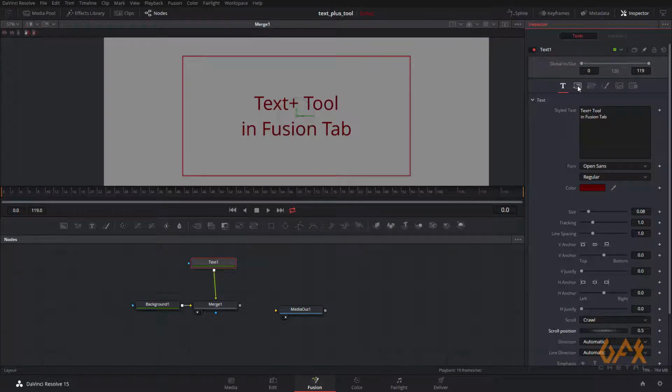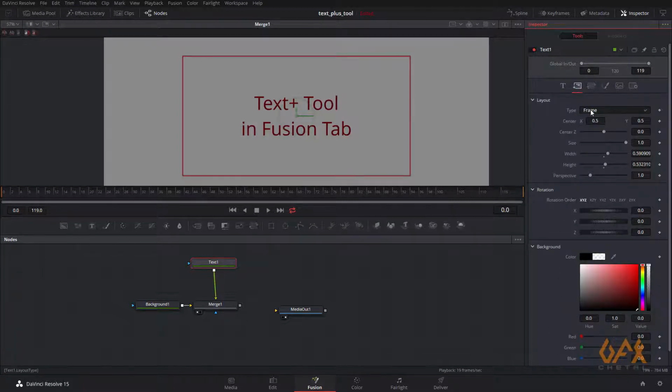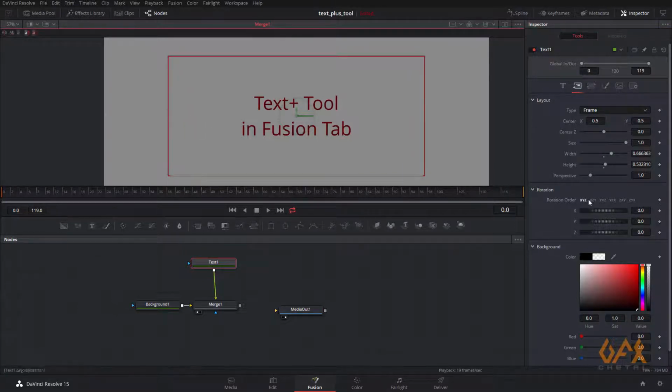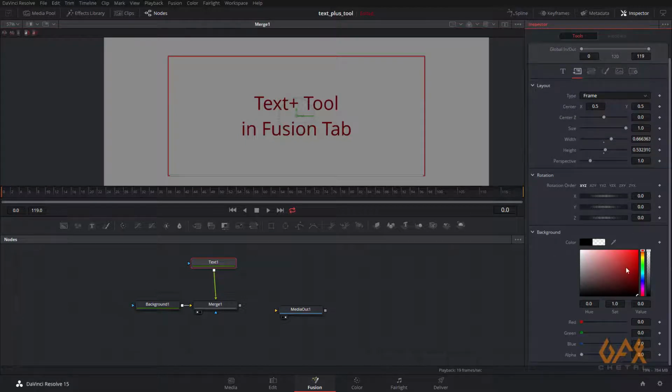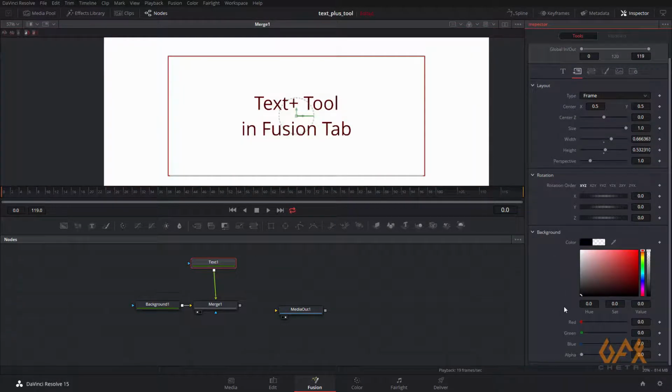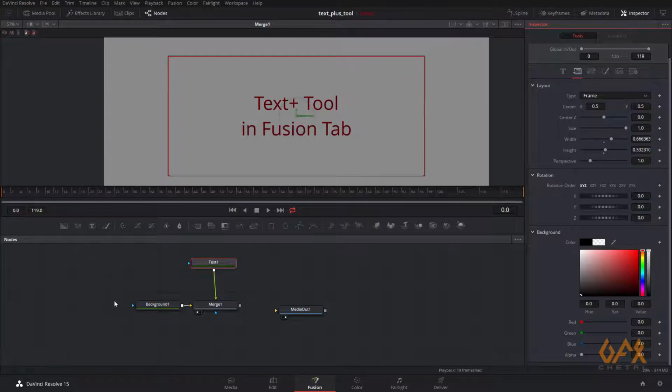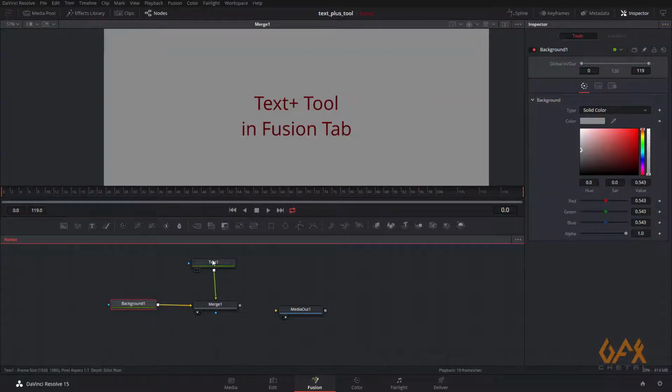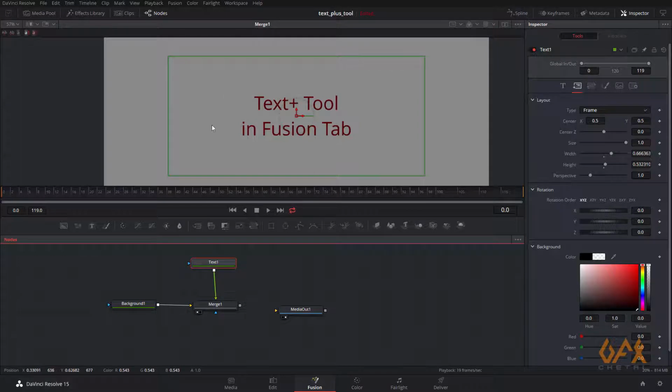Okay, now again move on to layout. This is my frame, so you can change width from here, even in the viewport also. Same way this rotation and all the stuff, and this background works the same, but I always prefer a separate background so I can easily control it, or if you want to do some blending options and all those things, it works fine with this separate background. So this is my frame type of layout.